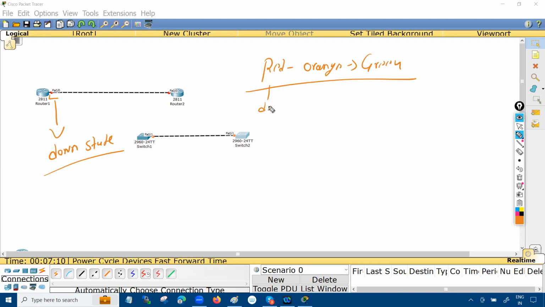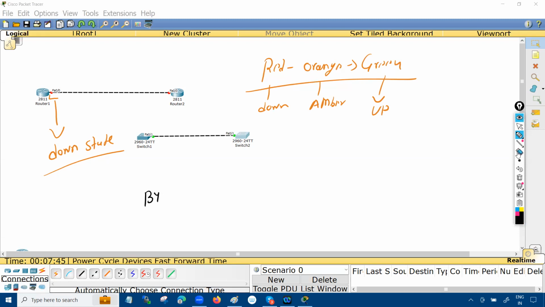Red is down, orange is amber, green is up. Now you can see that's the green state, green color. It's in the up state. So we can say that by default,